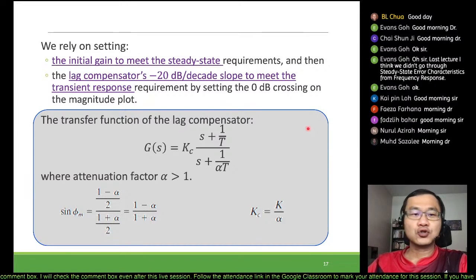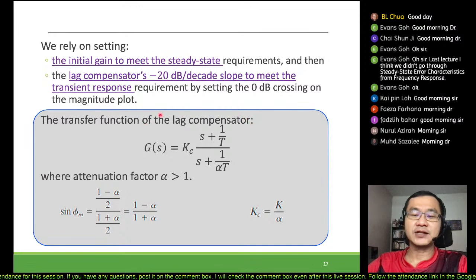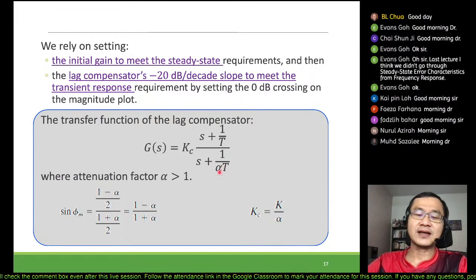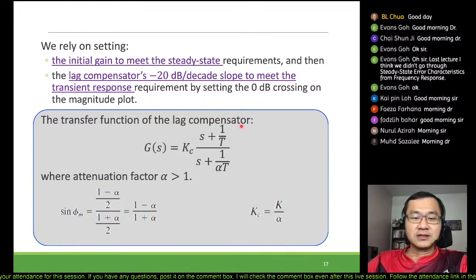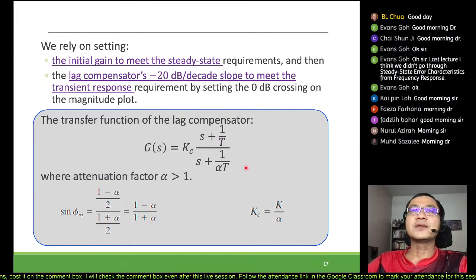In order for us to do the design using the Bode plot, we will need the so-called transfer function of the lag compensator. We will rely on this lag compensator, where we have these attenuation factors, these alpha terms over here, which is a factor of this 1 over T value. So recall this would be the lag compensator terms that we will use when we design